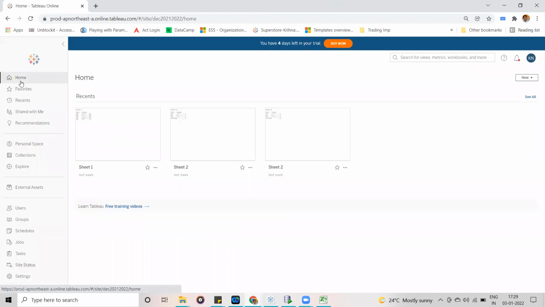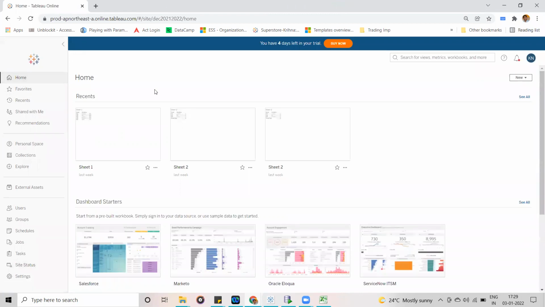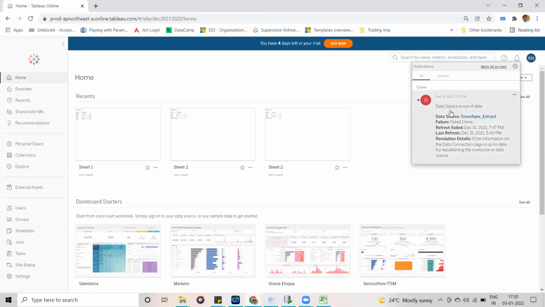If you are going to monitor at the Tableau site level, you have to check this option, the notifications option. Once you click on this notification, you can see it is showing data source is out of date, Snowflake extract, which means it failed. So you have to take care of these.